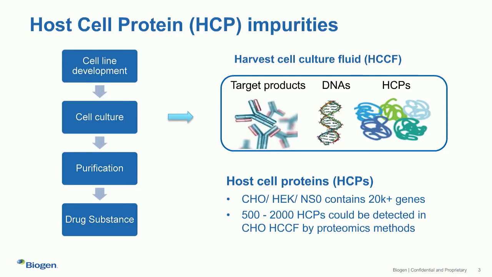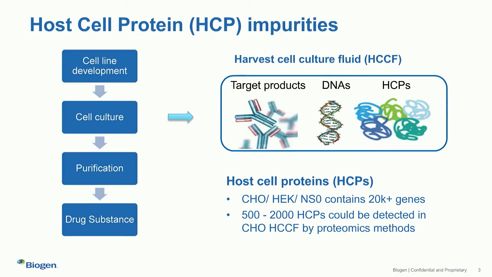A typical biopharmaceutical process is composed of 4 different steps described on this slide. First, an expression cell line is chosen for the production of the biologics. The second step is the cell culture step, which is commonly known as the upstream process, followed by a downstream process to purify the product, and at the end formulating into an API, also called the drug substance step. Each one of the steps contributes to the control of process-related impurities, such as host cell proteins.